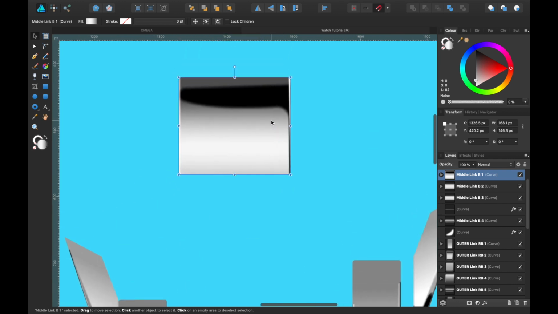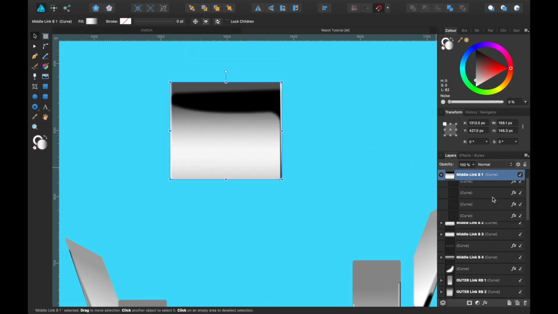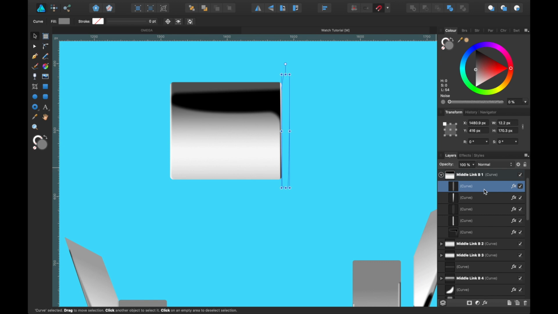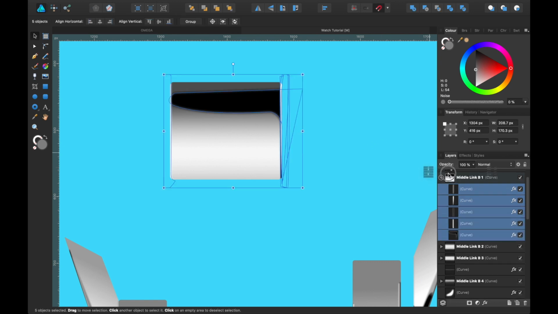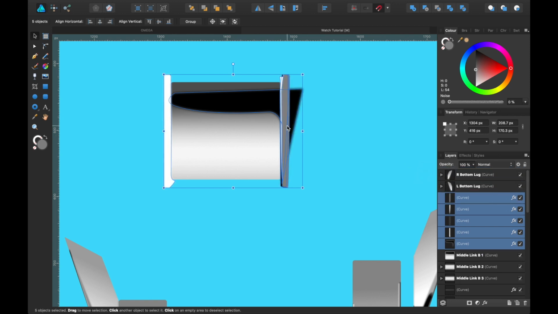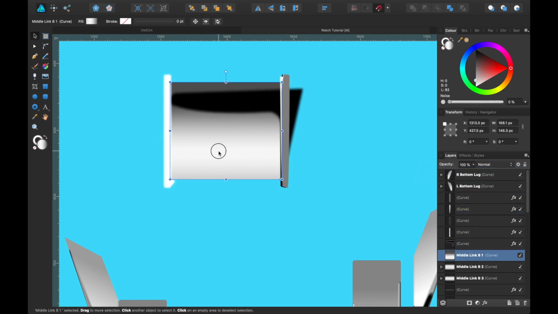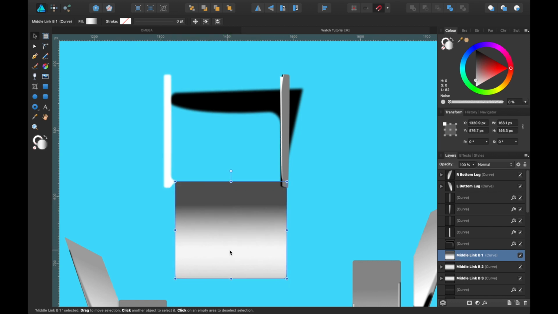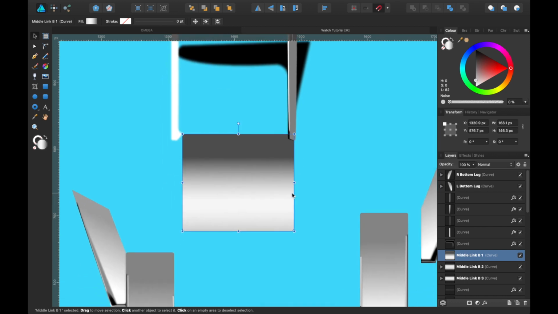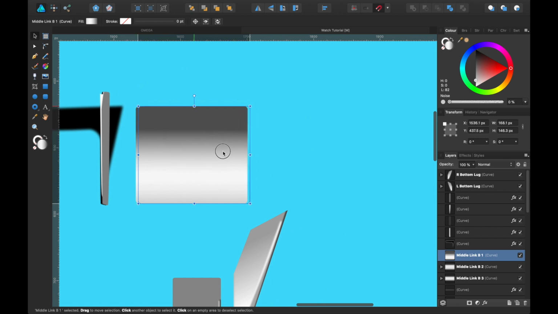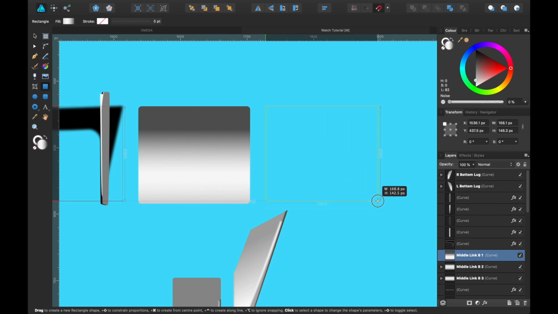So if we zoom in, here's one. I will open it up and start playing around with it. I will drag all of these out so you can see what it's made up of. So the main shape is a square, really. If you wanted me to recreate this, I went over here to the rectangle tool and I drew a shape like that.